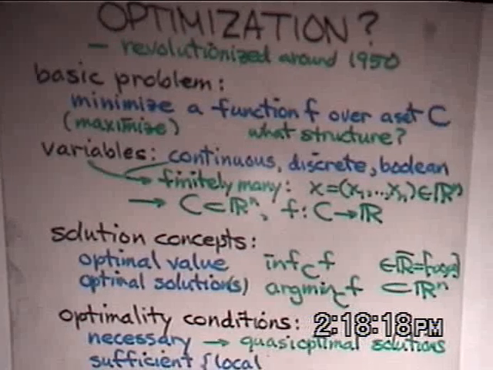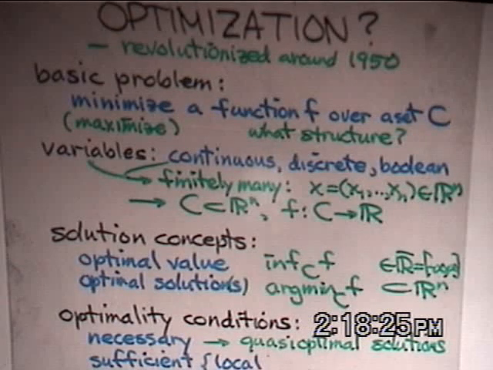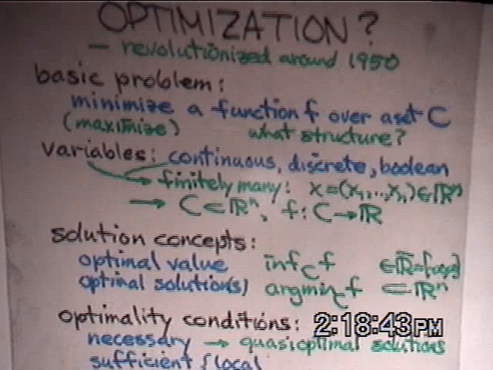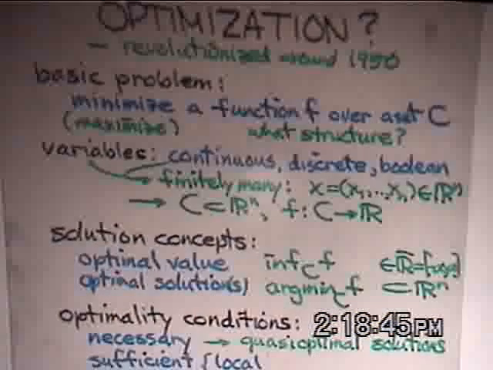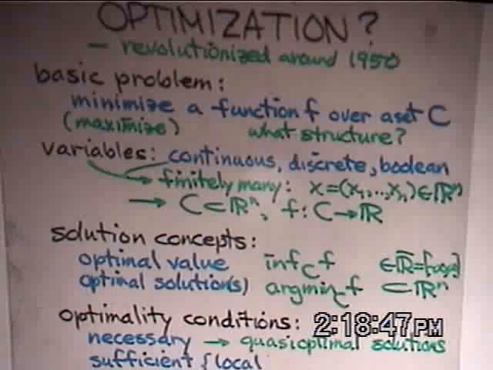Then you have to realize that in such a problem there's more than one idea of a solution. Because one idea would be the minimum value of the function, the number, as a solution. But another would be what point gives the minimum. That's what we call an optimal solution. But here we start to get into something special, because there is in general no reason to suppose that this point would be unique. Now, in optimization, there's still a third concept of solution, a preliminary concept. All the points of the set over which this minimization will take place are called feasible solutions. It just means they satisfy the constraints of the problem.